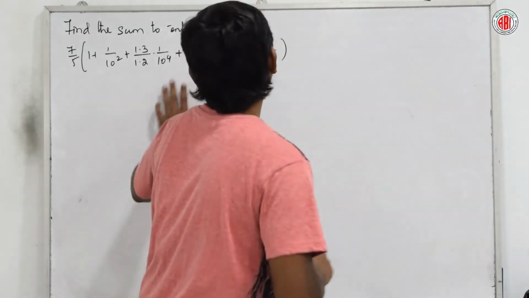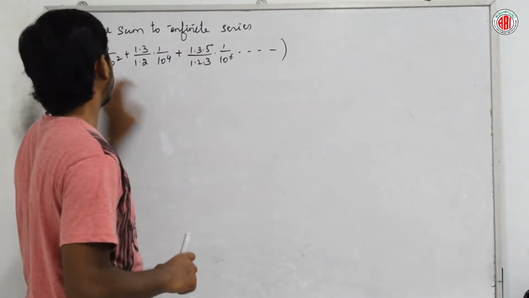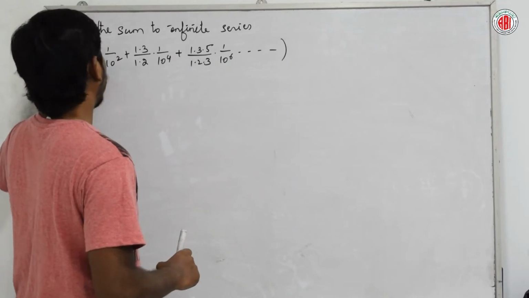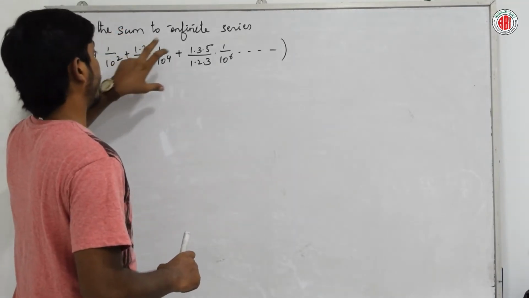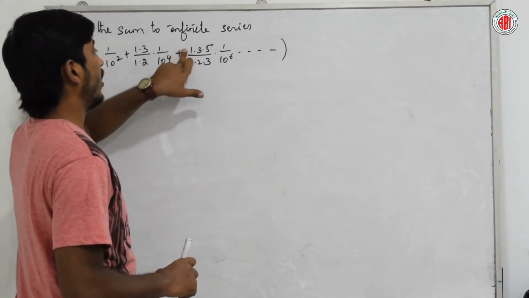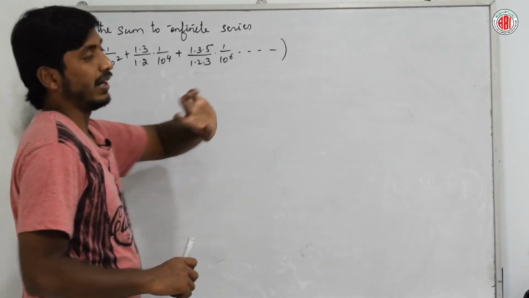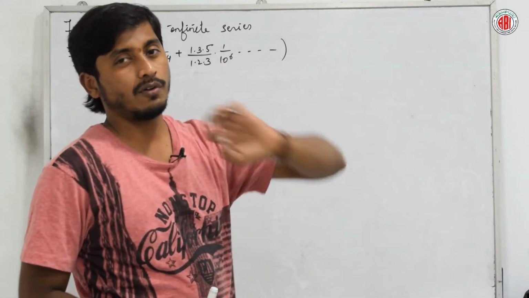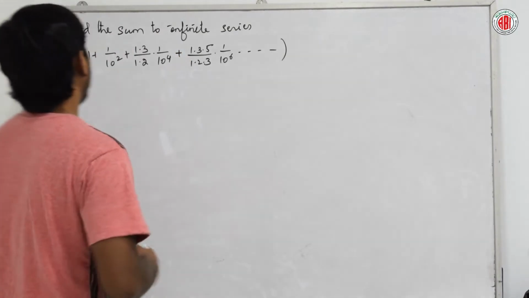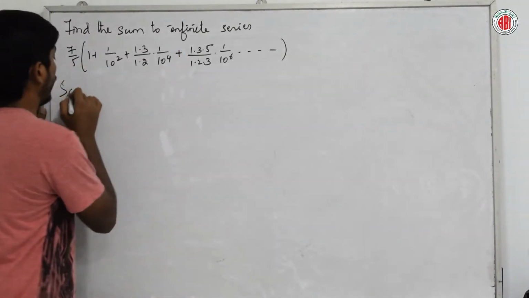He gave, find the sum to infinity of the series 7 by 5 into 1 plus 1 by 10 square, 1 into 3 by 1 into 2 into 1 by 10 power 4, 1 3 5 by 1 2 3 into 1 by 10 power 6 and so on. So how do we segregate this? So let us assume